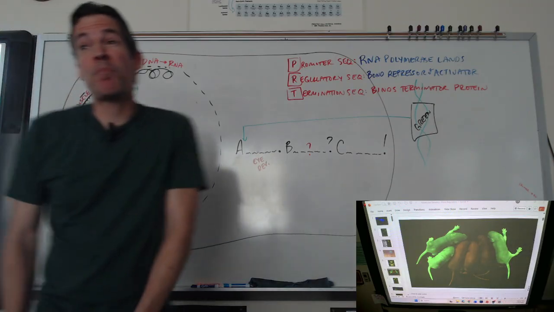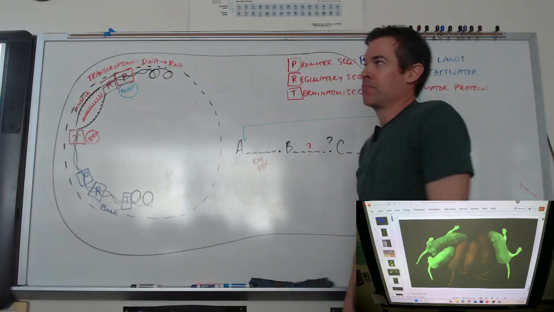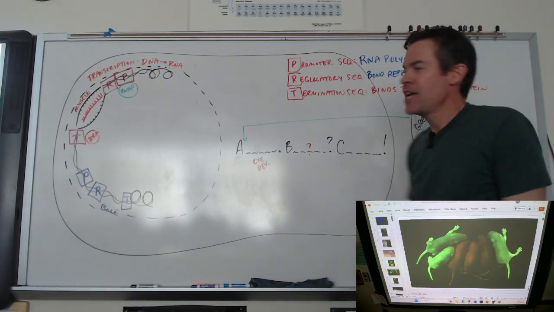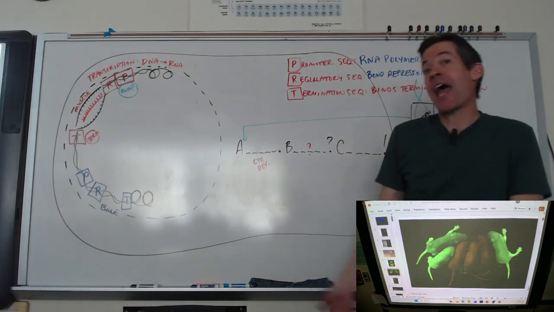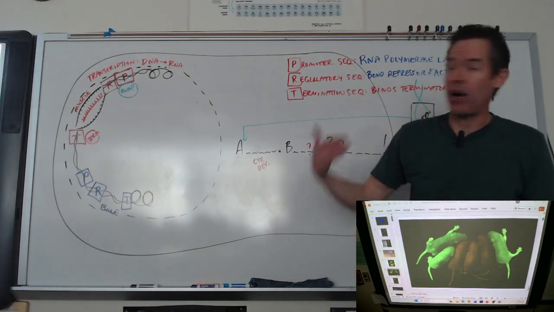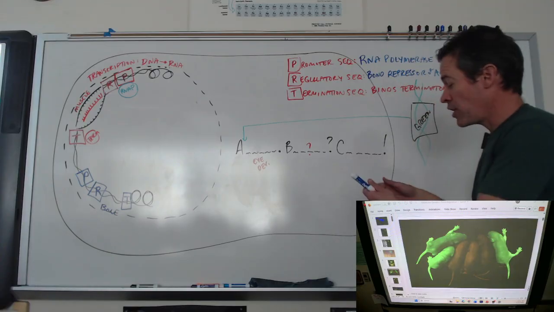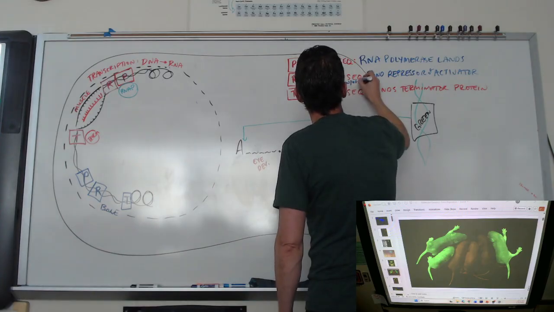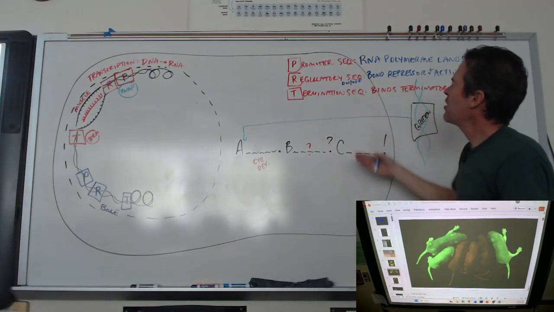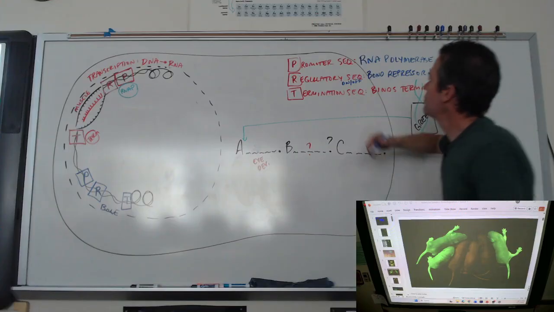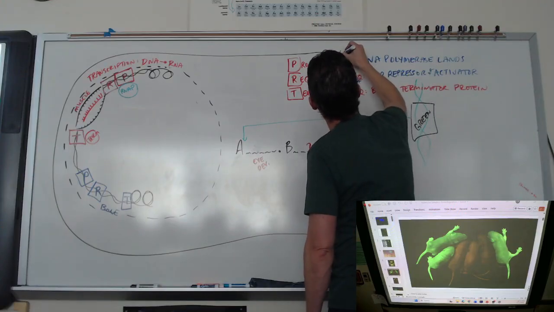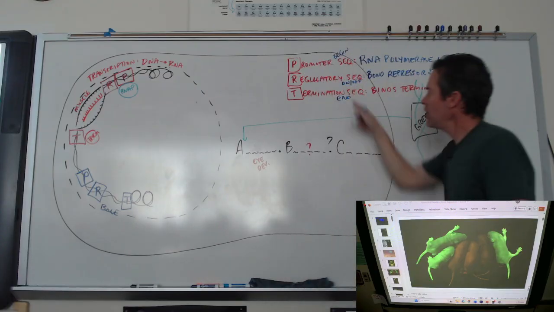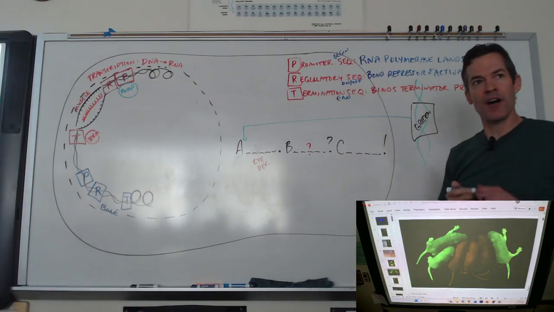So its function is basically an on-off switch. Obviously, if I bind a repressor protein, that sounds like you're turning this gene off. If I bind an activator protein, that sounds like we're activating the gene, like we're flipping the switch on. So the overall function of a regulatory sequence, if you want to think of it this way, is an on-off switch. The promoter is kind of the beginning of a gene. Termination sequence, that's the end of a gene. The regulatory sequence is the on-off switch.